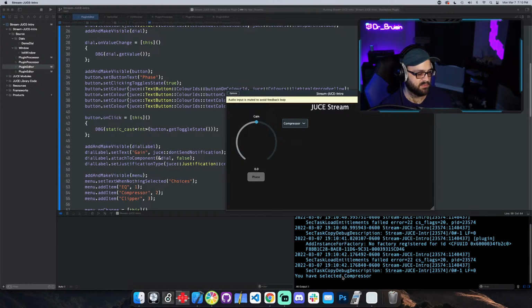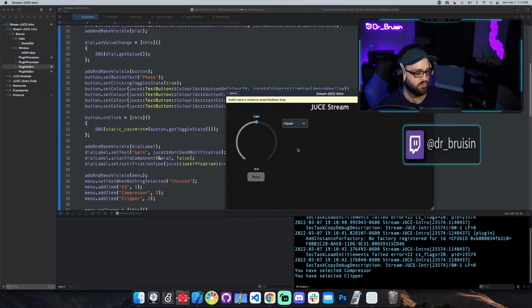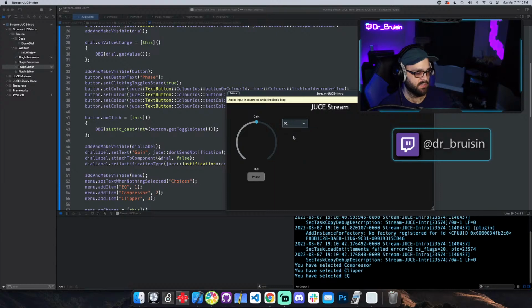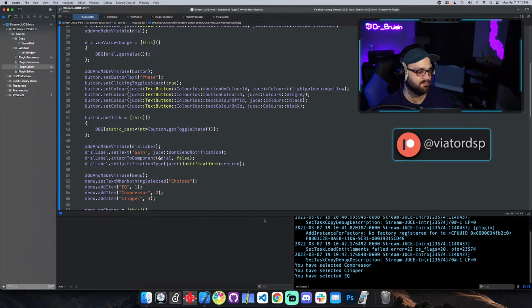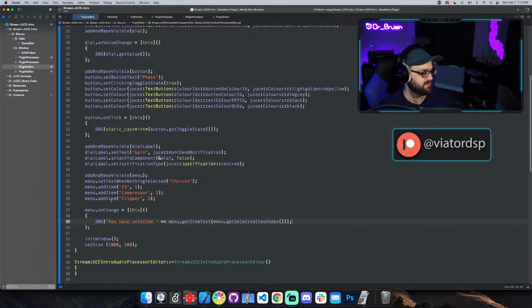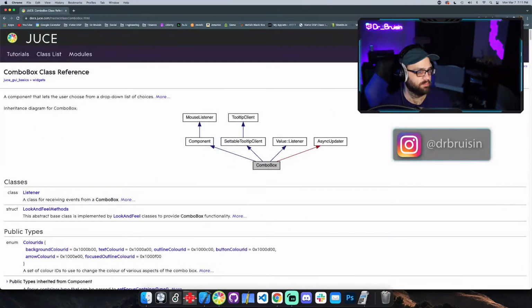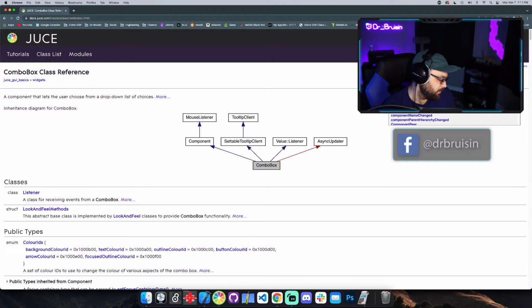Look at that. You have selected compressor. You have selected clipper. EQ. Awesome. Big brain programmer. Okay, and then you can use the same logic for the other components. So if we go back and we say component, the only other